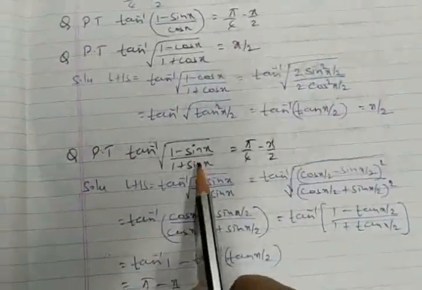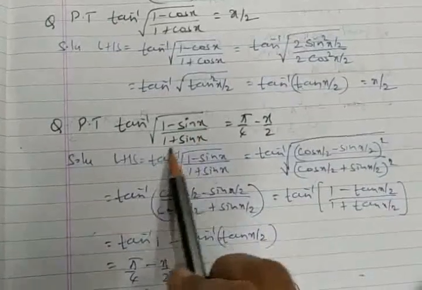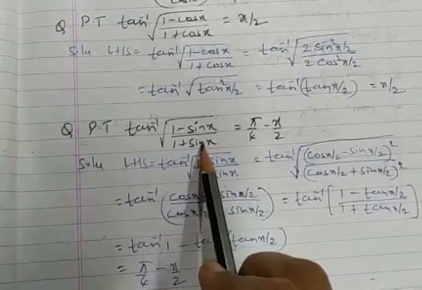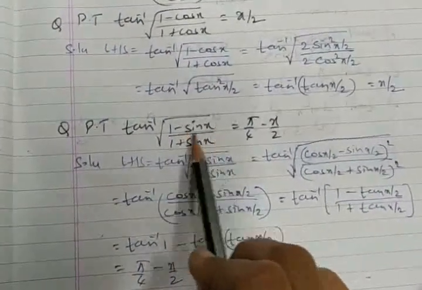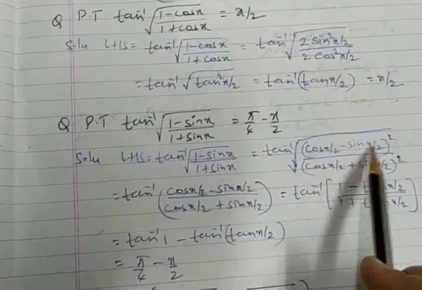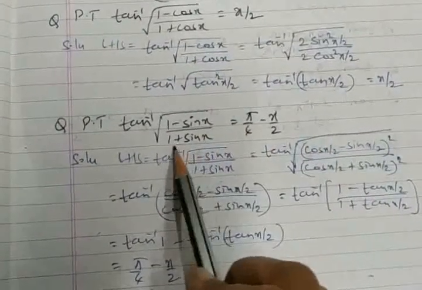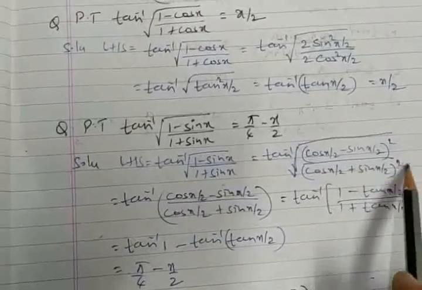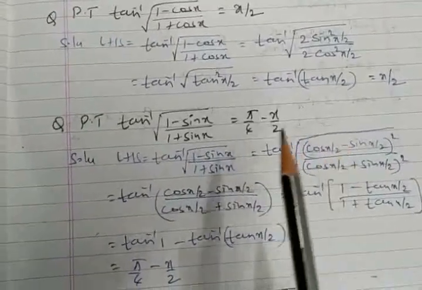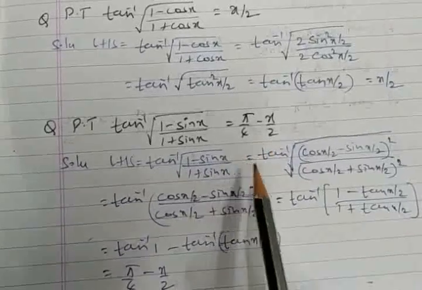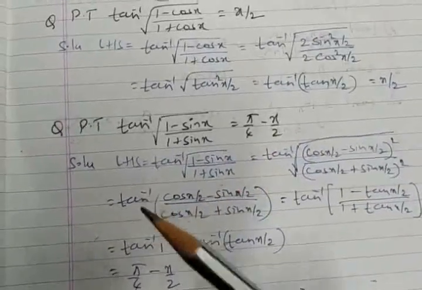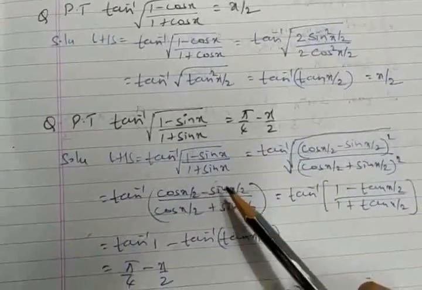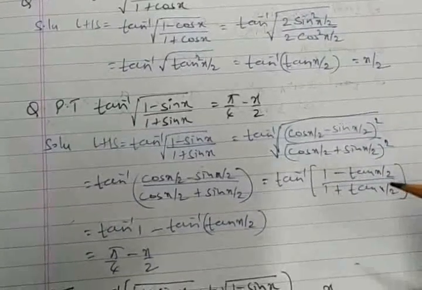Similarly, the same situation can be asked as 1 minus sin x upon 1 plus sin x. Then what happens? Do you see the perfect square? What is 1 minus sin x? a minus b whole square. What is 1 plus sin x? It's a plus b whole square. Repeatedly, the same list of formulas will be applied. We are claiming the same formula. Only practice makes a man perfect here.